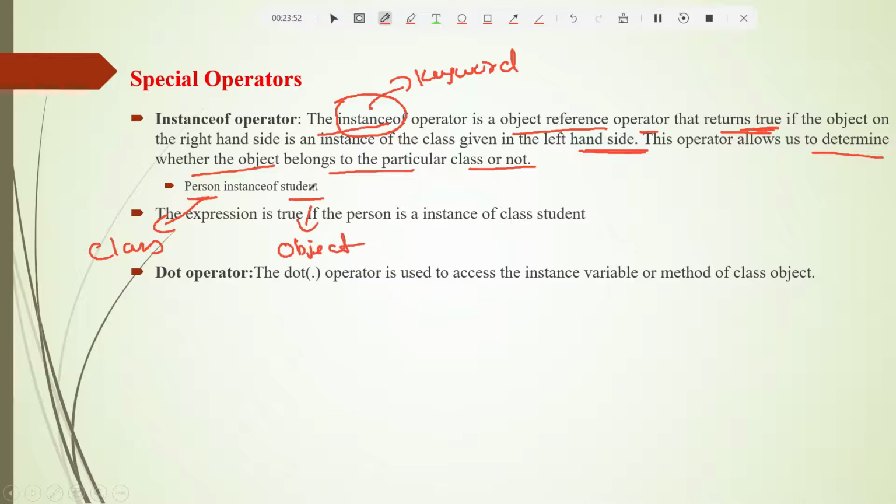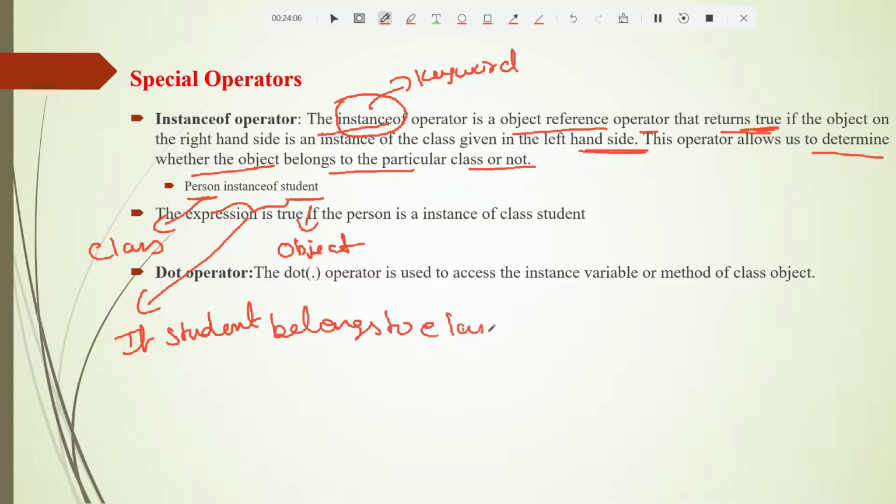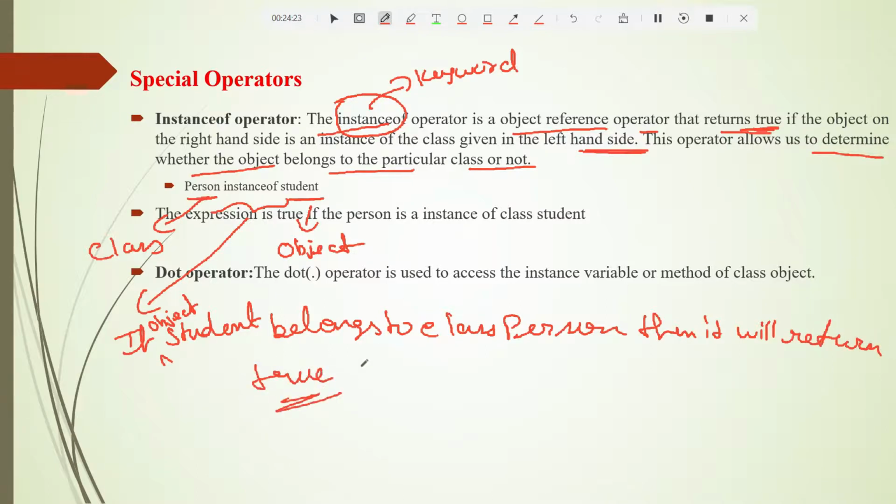If the object student belongs to class person, then it will return true. Yes, so that is your special operator, the instanceof operator.